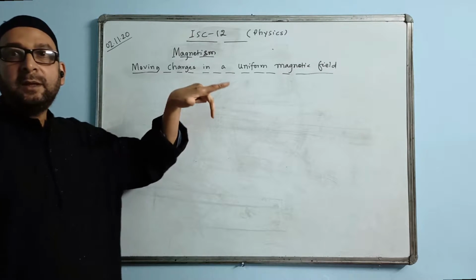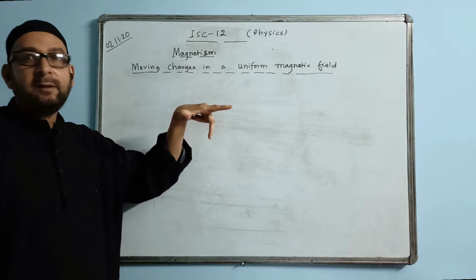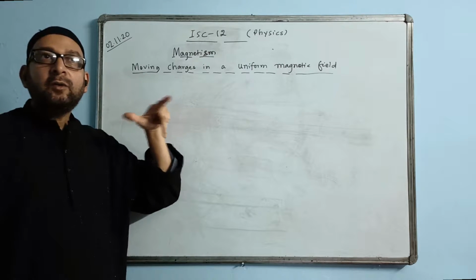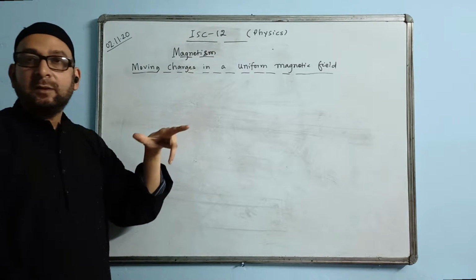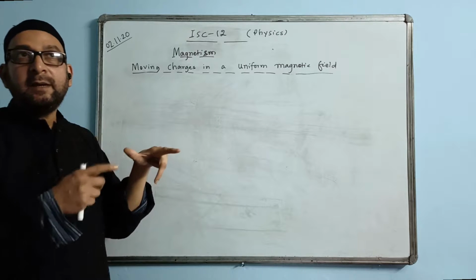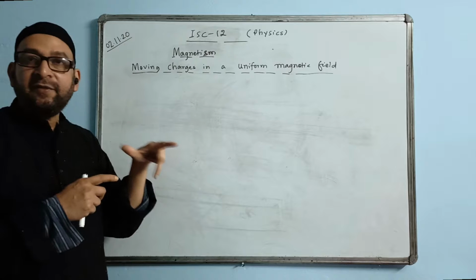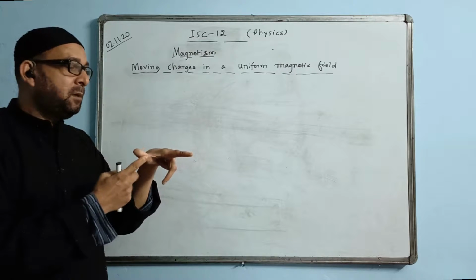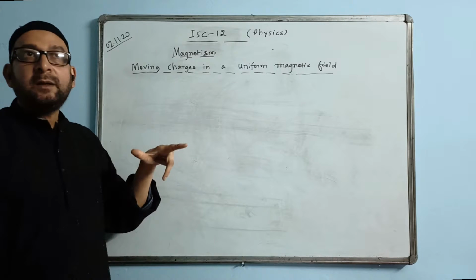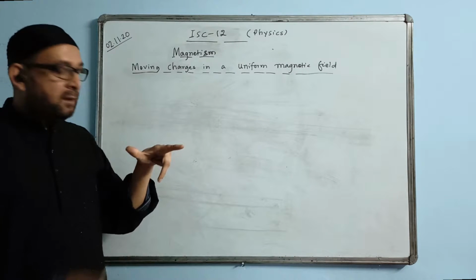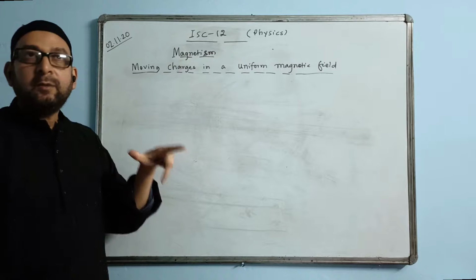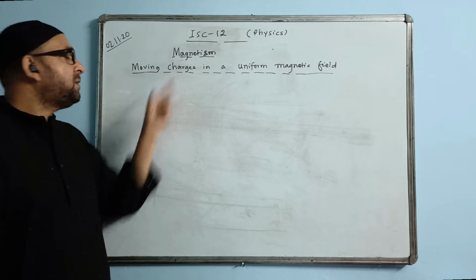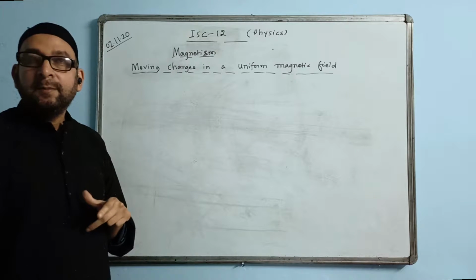If you remember, these three fingers will stretch in this manner. And how to take these three fingers? FBI, like CBI we have, so here we call it FBI. F is force, the first finger, that is the thumb. The index finger is B, the magnetic field, and I is current. The fact is that whenever charges move, it gives current.